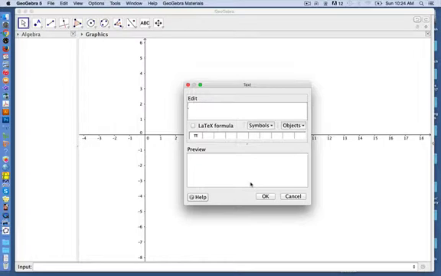So anything I can type in for text, so this is text, and you'll notice I get a preview, if I can spell correctly, right? And it's going to look like this is text. All right, so if I hit OK,